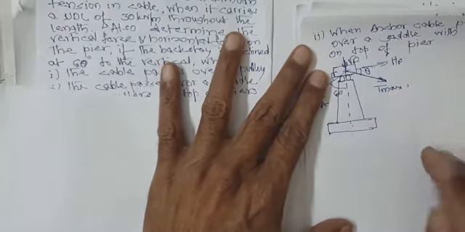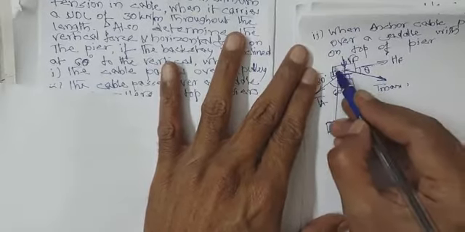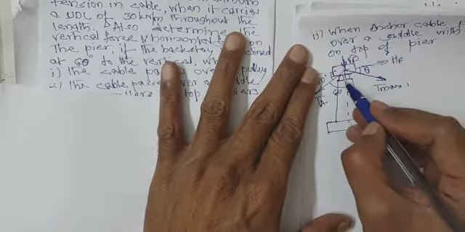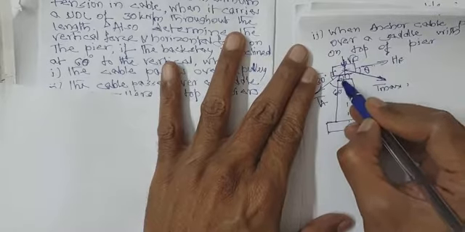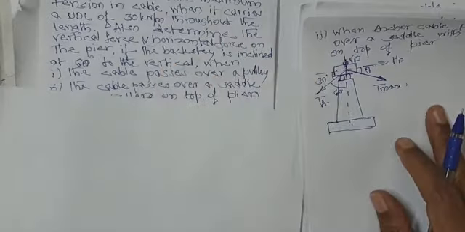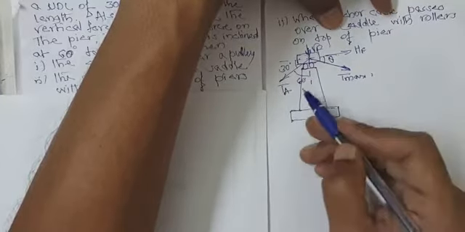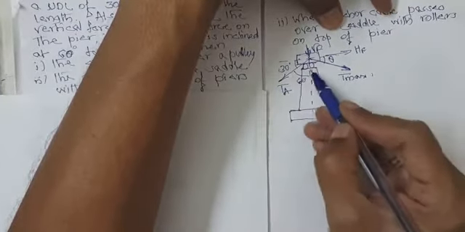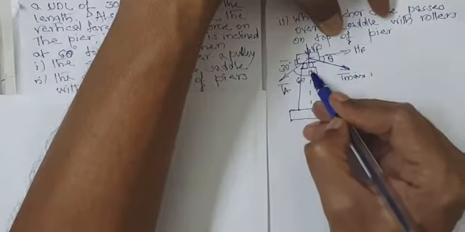Okay. When the anchor cable passes over a saddle, there is a saddle box here with rollers on the top. This saddle is sitting on this pier. In between there are rollers. Previously, how we calculated this T maximum, this TA: it was passing over a pulley, so the tension on either side must be the same. Now what is the condition to calculate TA? TA is again the tension in the anchor cable. Now this is a roller, so the horizontal component of T maximum and the horizontal component of TA must be equal and opposite, then only these will be in equilibrium.